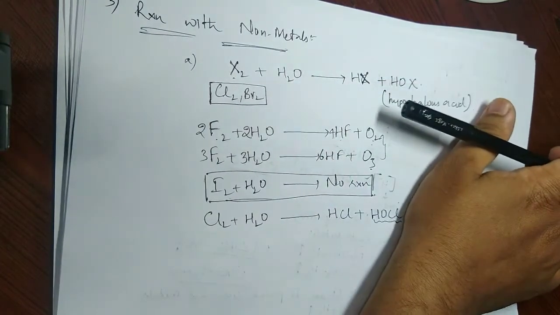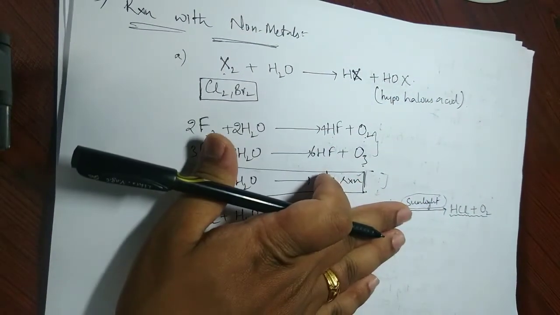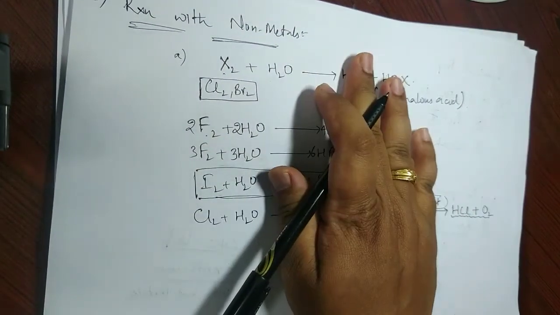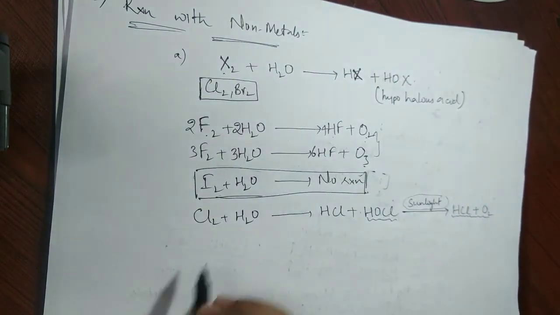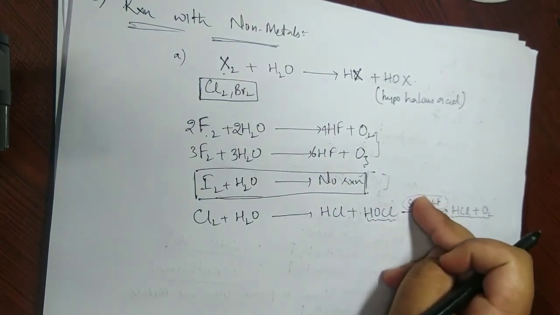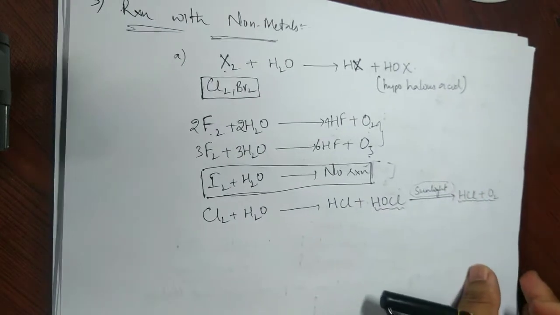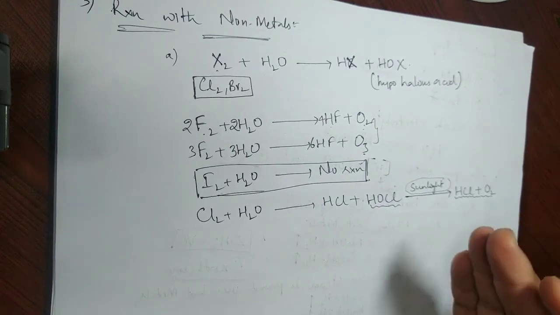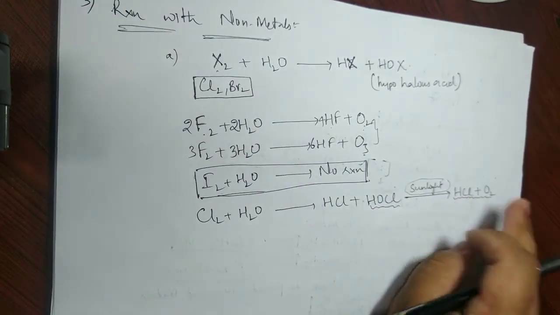Chlorine and water on reaction in the presence of sunlight, if they say, the reaction should be what? Cl2 plus H2O gives HCl plus O2. So look for sunlight. Alright, the same goes with bromine. For bromine, sunlight is not sufficient to proceed further unless it is heated. When we provide huge amounts of heat, then only this will break down as HBr and O2.